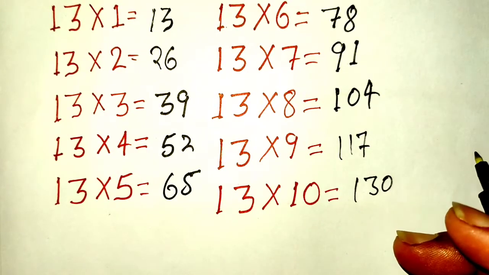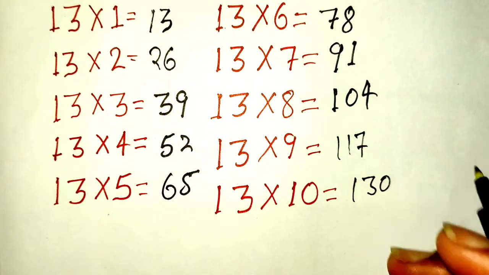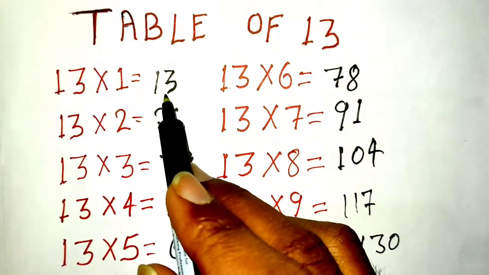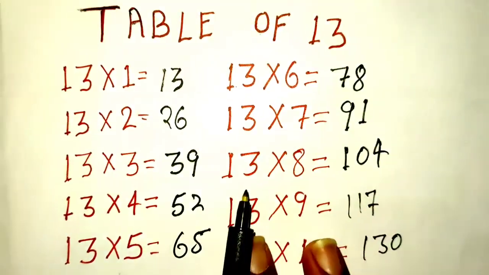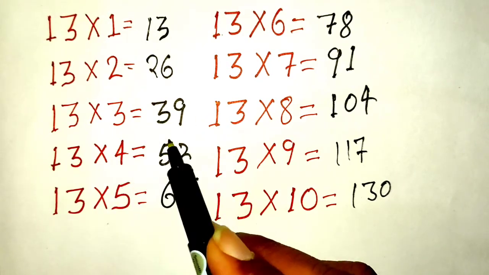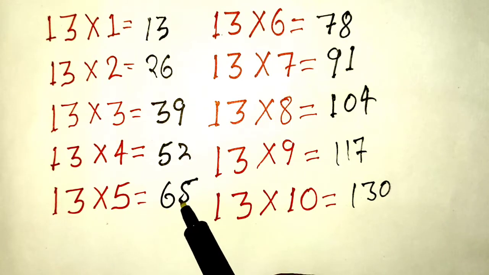Now it's time to practice this table, so the kids can practice with me the table of 13. 13 1 ja 13, 13 2 ja 26, 13 3 ja 39, 13 4 ja 52, 13 5 ja 65,